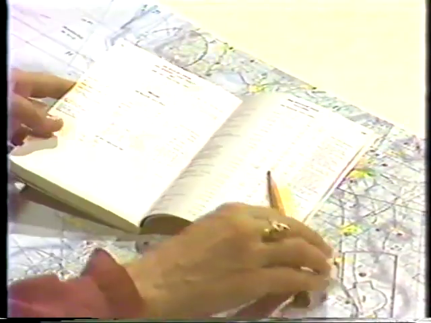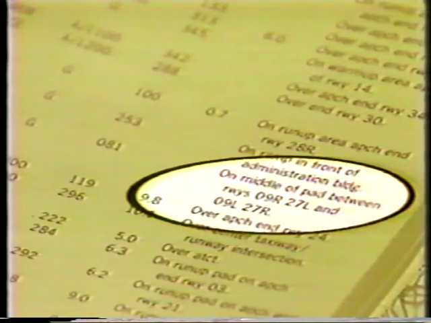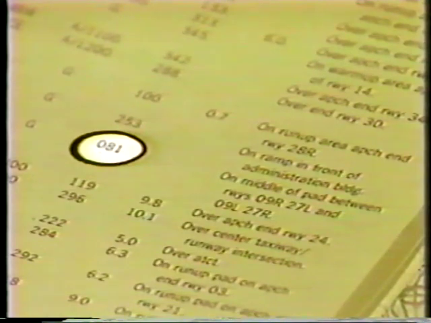Although the accuracy of the VOR receiver in your airplane is probably adequate for VFR flight, let's test it prior to this flight. The FAA provides test facilities at designated airports, which cost you nothing to use. The Airport Facility Directory contains a listing of airports which have these test facilities. In the directory listing, we find that Oakland has a ground check located on the middle of the pad between runways 09 right, 27 left, and 09 left, 27 right. The radial we'll use for our check is specified as the 081 degree radial.